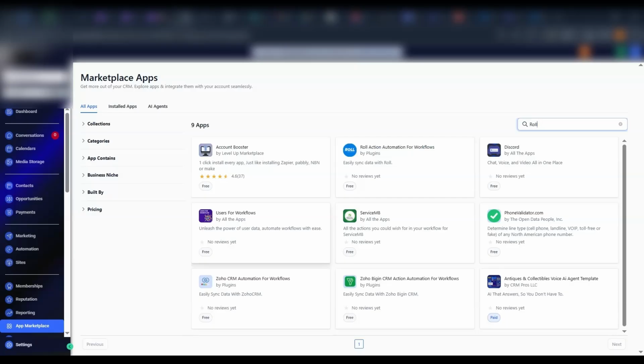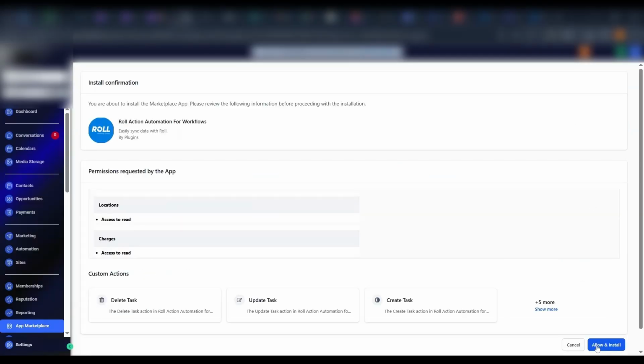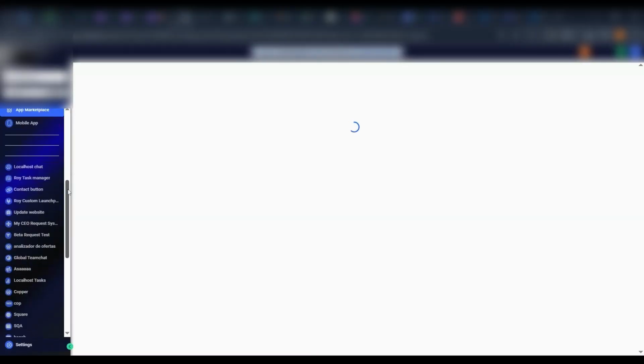Let's get started. Once in your account, scroll down on your sidebar and click on App Marketplace. Next, use the search bar to search for the application you'd like to install and click on it. Next, click on Install and allow an install. Refresh your page. Once that's done, scroll down on your sidebar and look for the custom page of the application